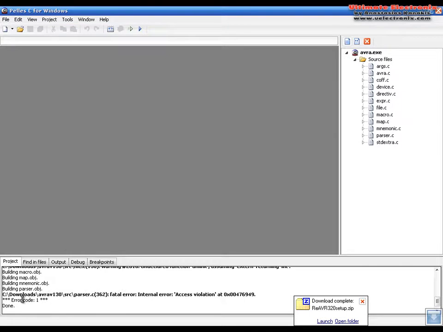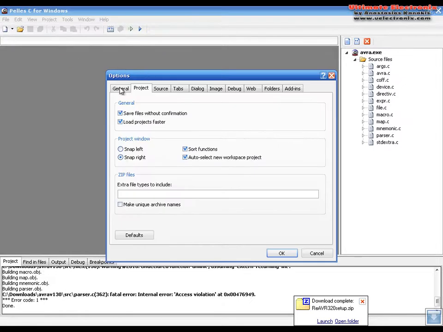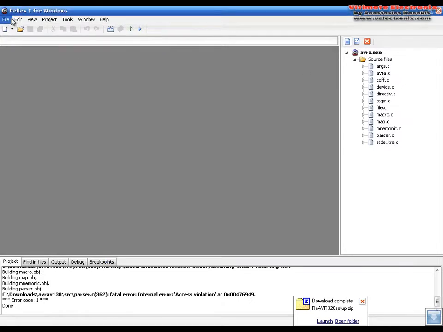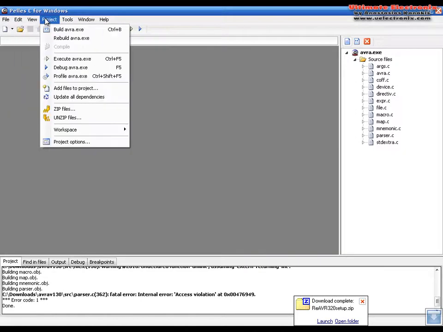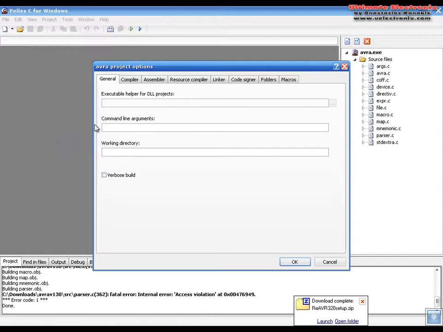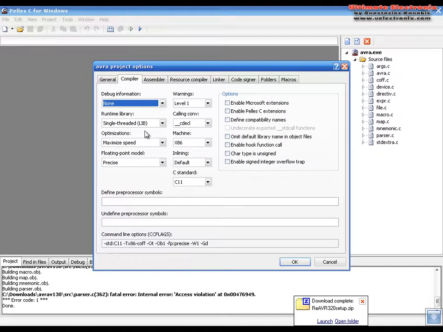You see, error 1. So there is some violation here. In order to fix this problem, we need to go to the options, actually not options, project options. Right, in the project options, compiler, and then remove the optimizing. So press none. Okay, and